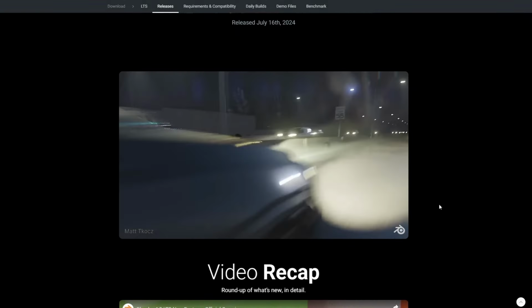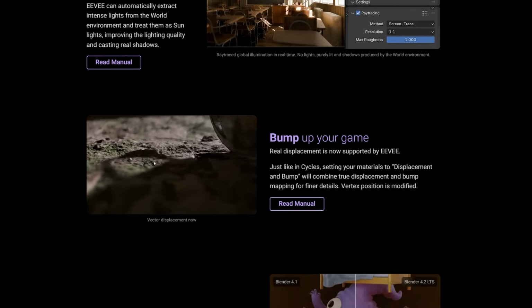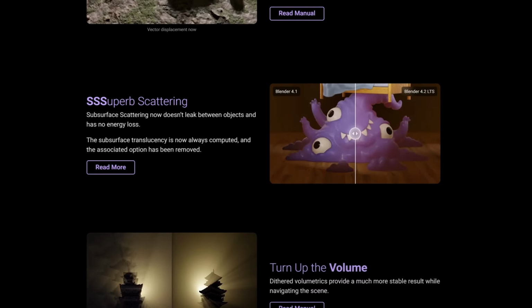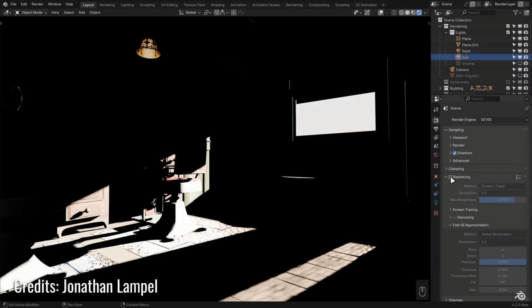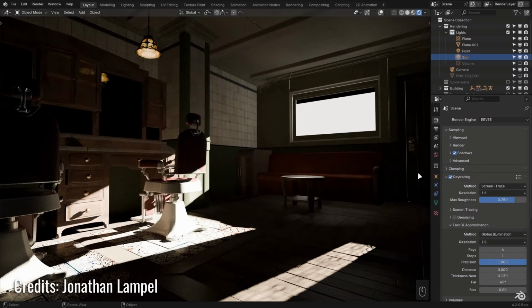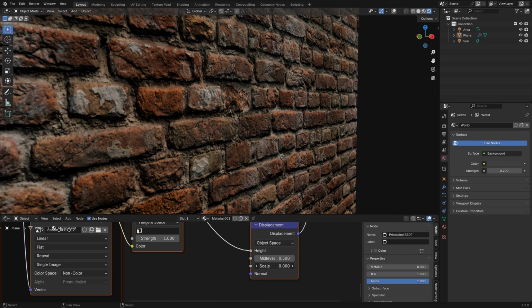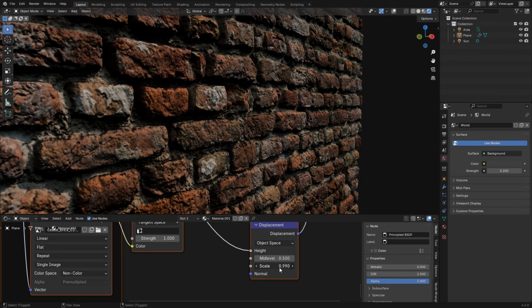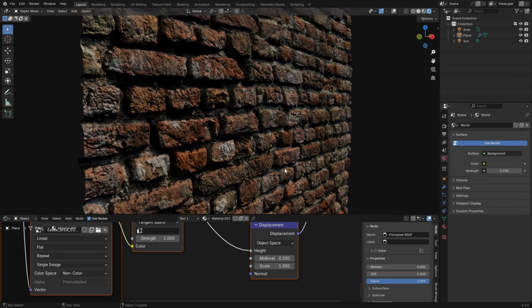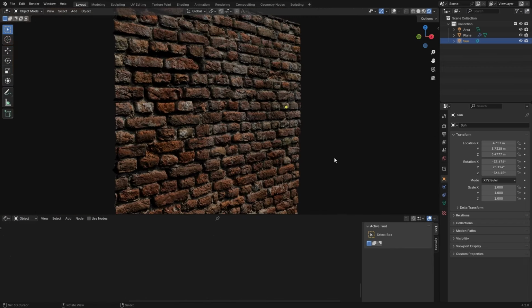Starting with the most noticeable and highly anticipated improvement, EEVEE Next. Blender's team has rewritten many core features, transforming it into almost a completely new render engine. The most impressive change in my opinion is the addition of screen space global illumination. This feature uses a ray tracing-like algorithm within the constraints of real-time rendering, balancing quality and performance. Another significant update is the support for true vertex displacement similar to what is offered by Cycles. This addition will really help bridge the gap between EEVEE and Cycles, making EEVEE a more robust option for high-quality